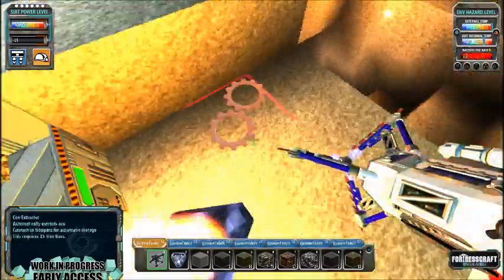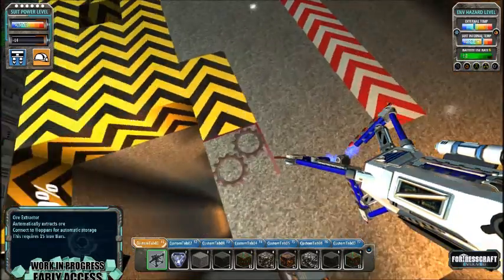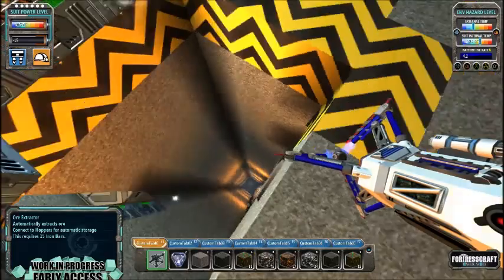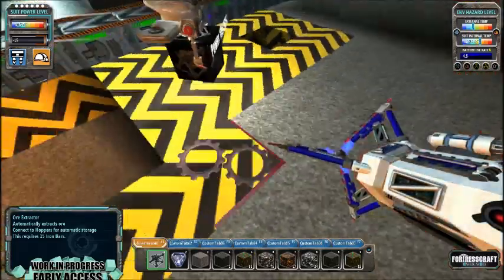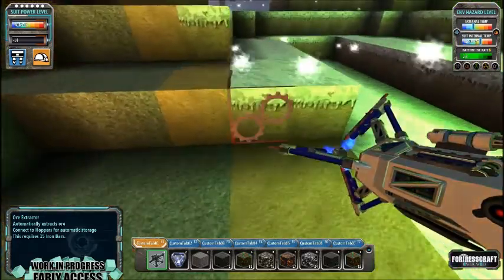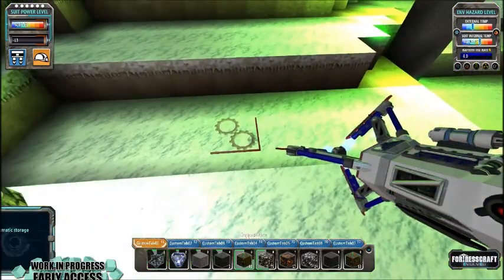Now, as you can see, currently at the moment, this is our main mine shaft. This is the place that we do it. But if I go over somewhere, I don't know, somewhere here, just to show you,